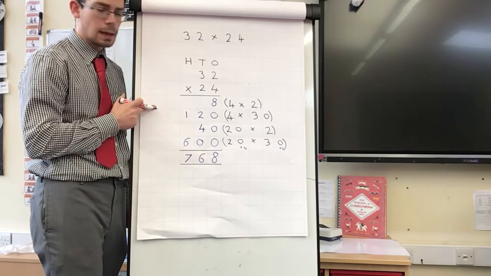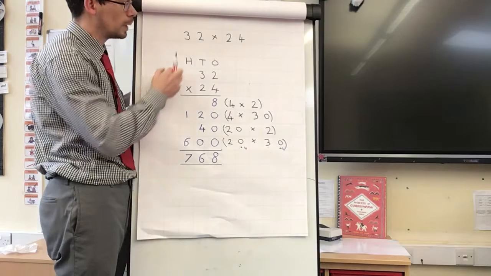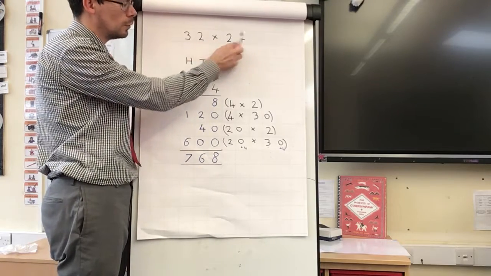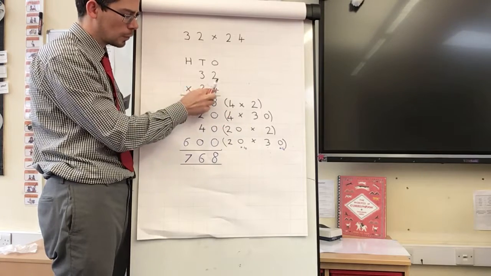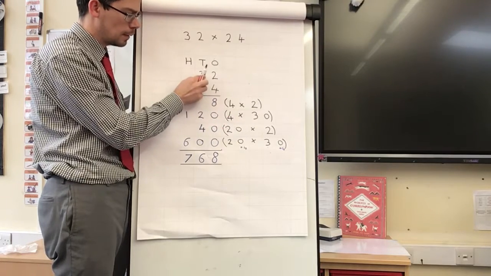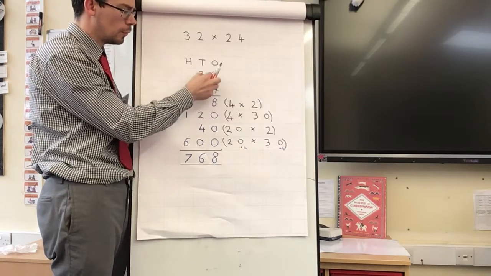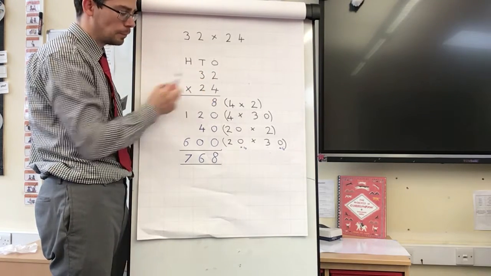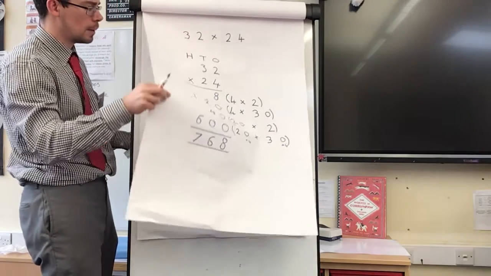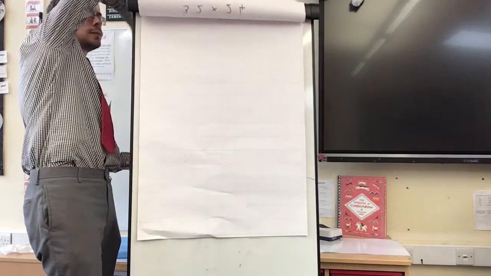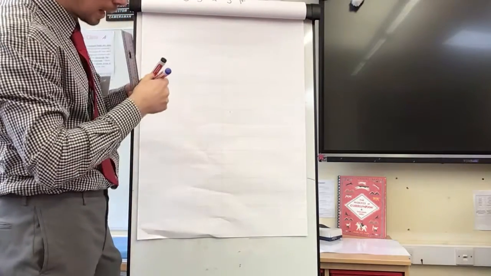That is how to do the expanded long multiplication method for 2-digit times 2-digit numbers. Still got the 4 parts, because I'm timesing here to here, here to here, here to here, here to here. 32 times 4, 32 times 20. I'm going to give you one more example to listen to, and then you can see if you can practice that skill. So I'm going to do 61, turn to my black pen,